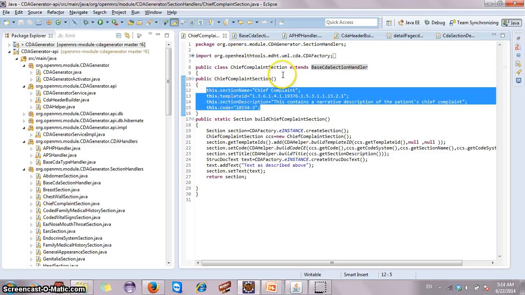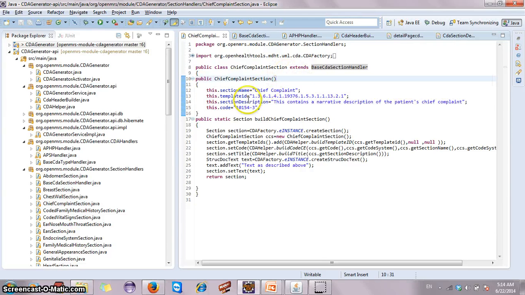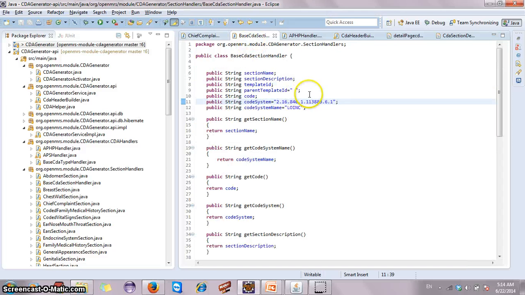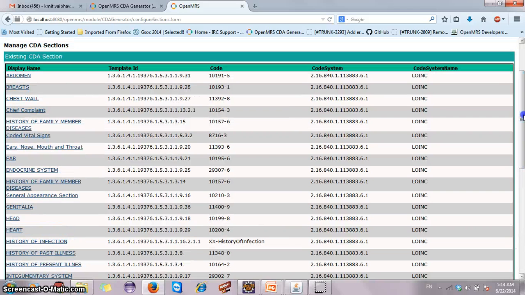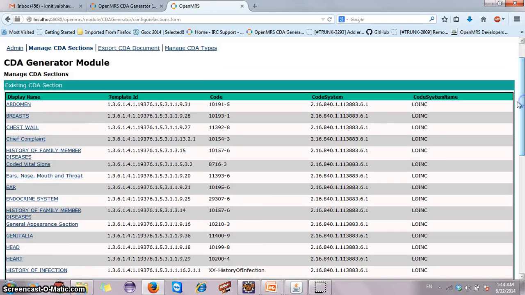This is Chief Complaint Section class which extends base CDA section handler, and this is the details of this section class. Base CDA section handlers have setters and getters and all other important variables. So let's get back to our page, and we can also see that each section is provided with link which takes us to a detail page where we can modify the section's data.